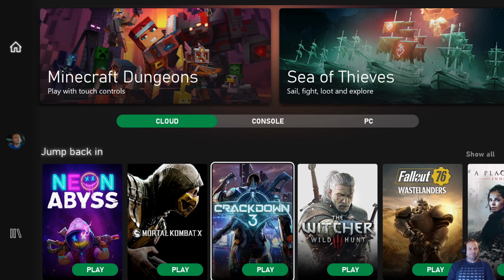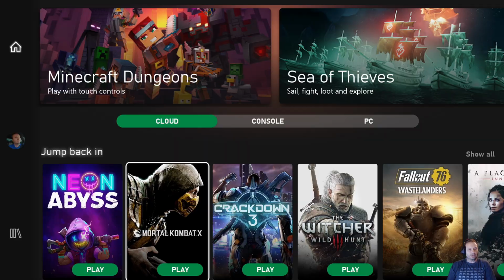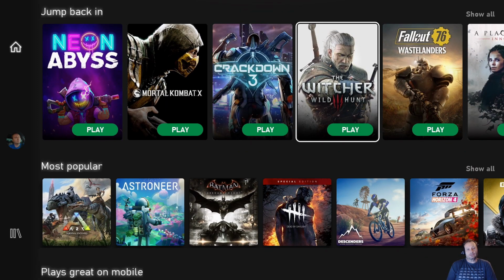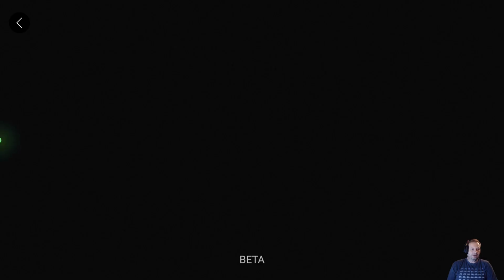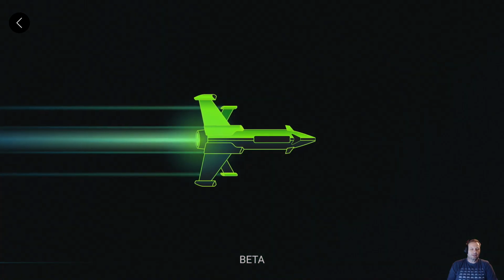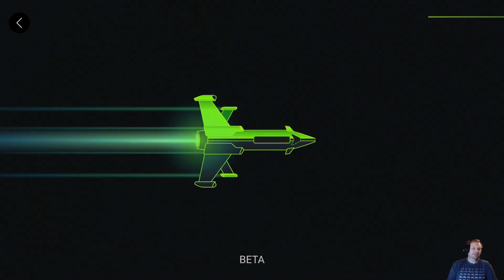But you can see it seems to behave and then something wigs out, and I'm not sure what causes that. But it doesn't seem to affect actually playing any of the games. So let's jump into this Plague Tale. My son actually turned me onto this game. Played it a lot on the PC. Let's see if my progress got saved.